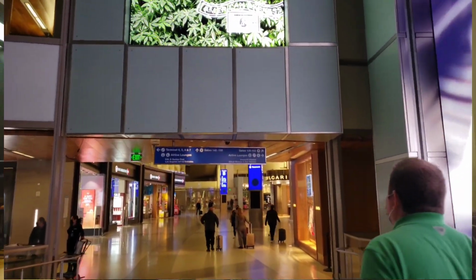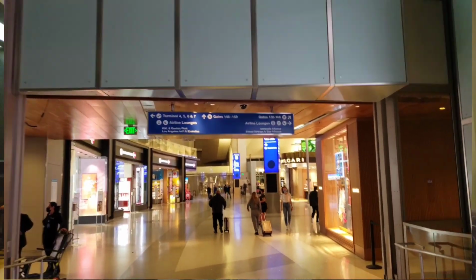And then we emptied out our pockets and took out any liquids and our laptops and stuff like that, and ran our carry-on bags and everything through the x-rays. Then we went through the body scanner. Then on the other end, we collected all of our things and put on our shoes, and it's pretty much straightforward. Once you get out of TSA screening, it then just opens up right into the main terminal there, the